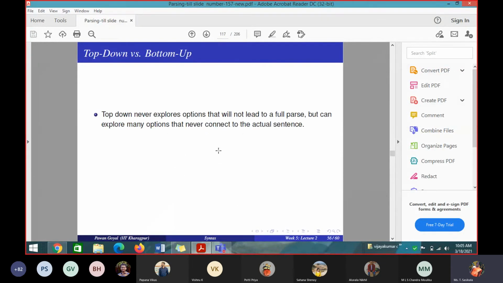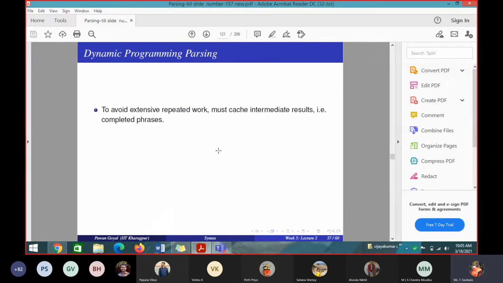Next one, they have moved to another approach. This I want to show you, dynamic programming parsing. Why? Since in the top down method and bottom up method, what are the disadvantages? Can anyone tell me the disadvantages of the top down and bottom up methods of parsing? Maybe because we have to try every path. Very good. It is a trial and error method. It takes so much time, and every time you have to go back. If that path doesn't reach the given node, you have to go back and do everything again.